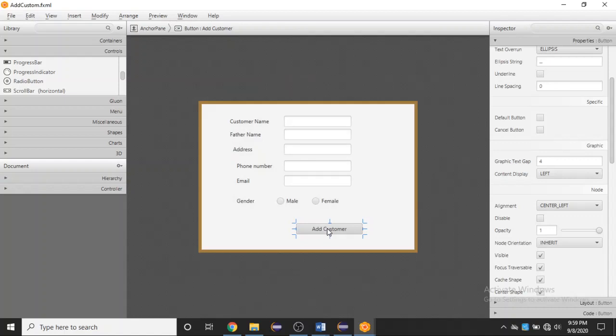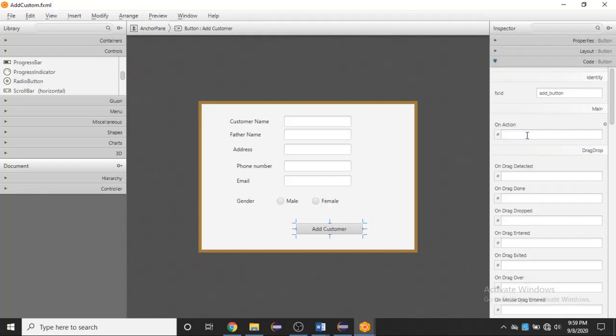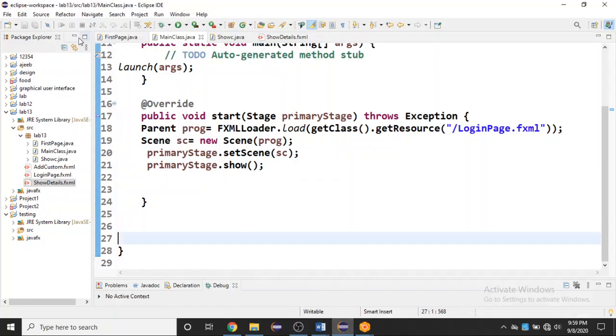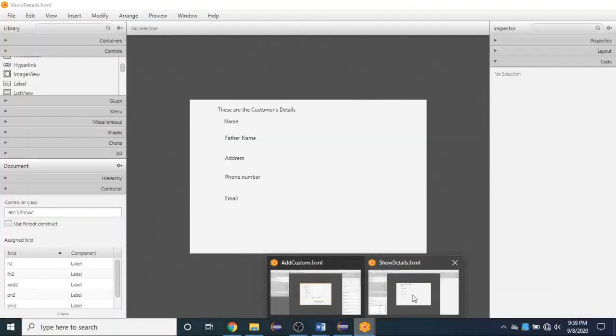Here we will select add customer button, and in this code on action button we will pass our function name, that is, I think, add customer. FirstPage.java, this is our method name addCustomer. We have to write it on action.